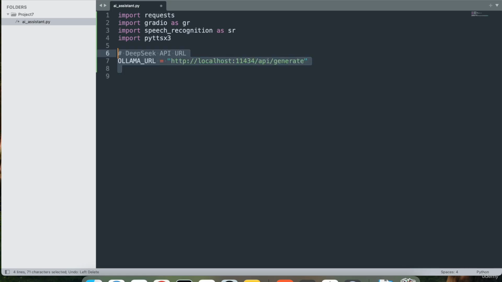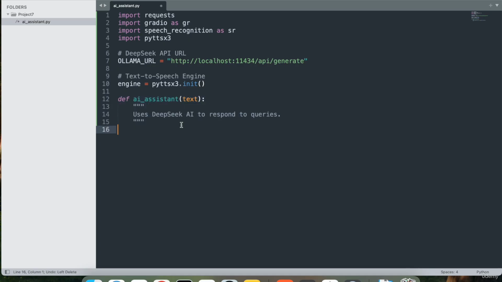Next, I'm going to say DeepSeek API URL, Ollama URL equal to, I'm going to use the same generate API. Next, I'm going to say text-to-speech engine equal to pyttsx3 initialize. This will initialize my Python text-to-speech, which will convert the text that I get from DeepSeek into actual audio. So I'm going to go ahead and create a function ai_assistant, and it will get text here as